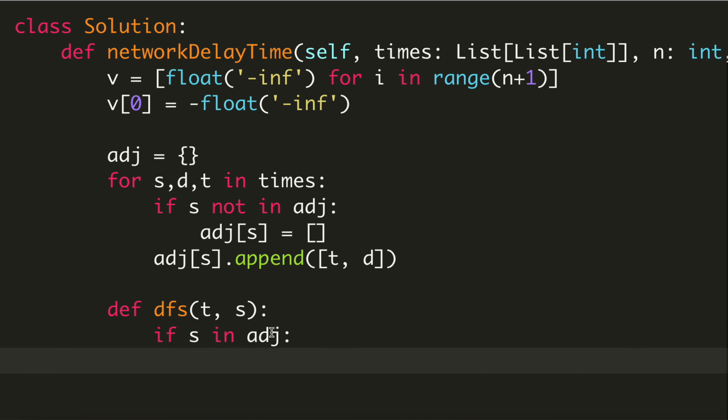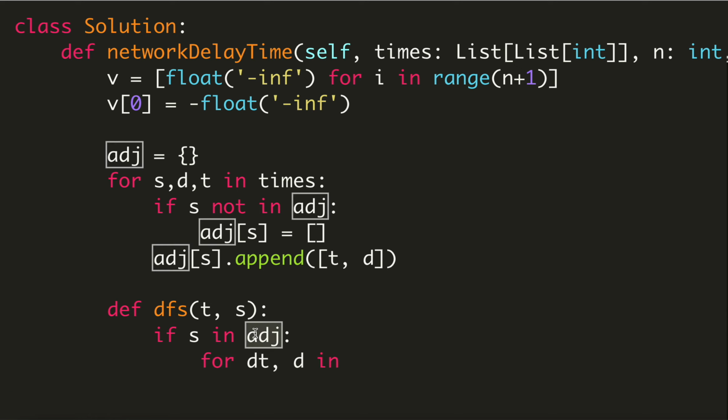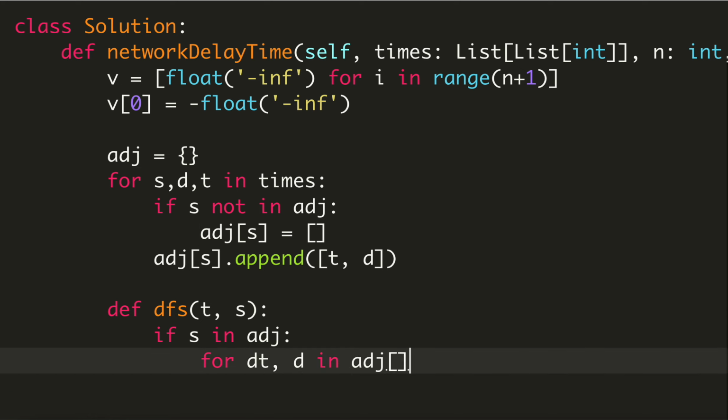If the source is present in the adjacency list, then we will iterate over all the time difference we need to reach the child, and what is the child destination from that source in the adjacency of source. So whatever we stored here, time taken and the destination, we'll be retrieving it, and one